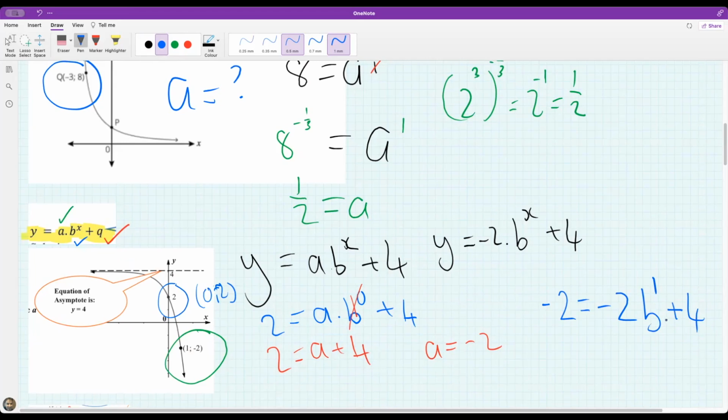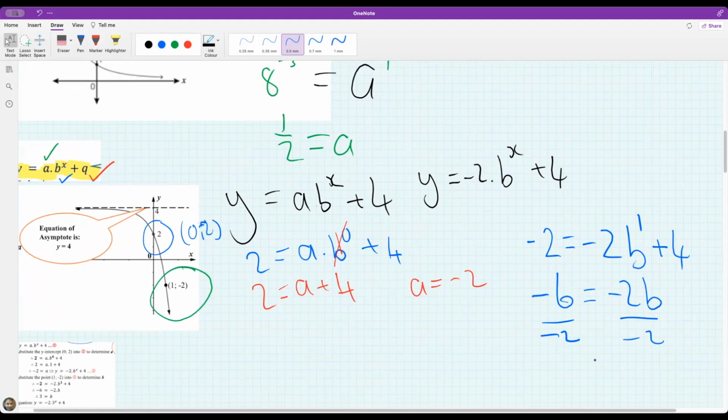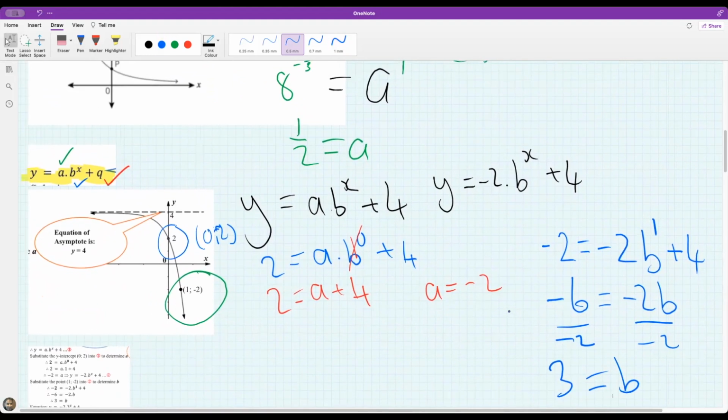So now, what do I have next? Well, I bring the minus 4 across. I take away 4 from both sides, and I get minus 6 is minus 2b. So what is my b value going to be? When I divide both sides by minus 2, I get that b is equal to 3. And so the final equation that I was looking for is going to be minus 2 times 3 to the